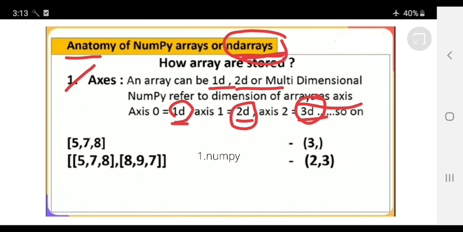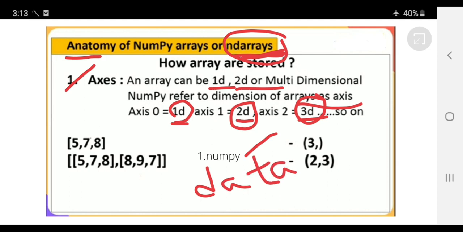And one more important term I want to discuss is ND arrays. ND arrays are taken from three terms. The first term is N, which stands for NumPy. The second term, D, is for data.